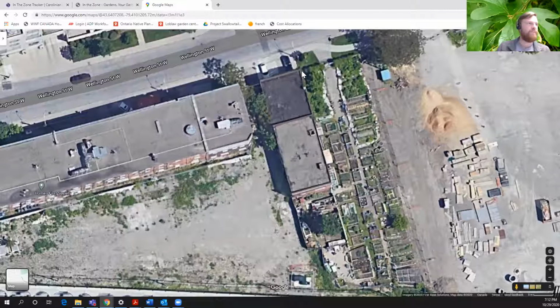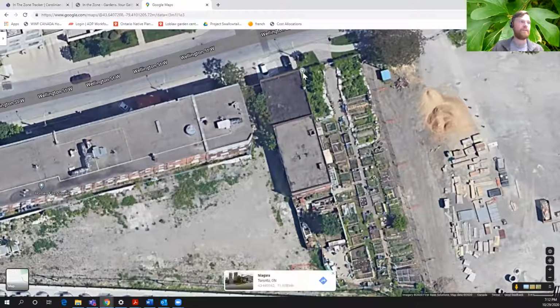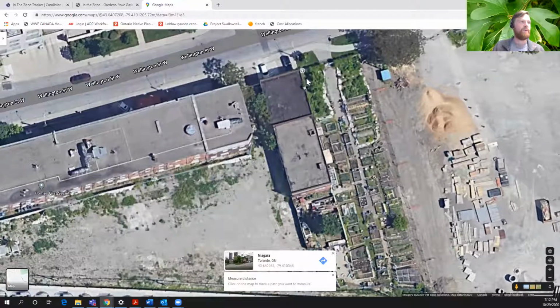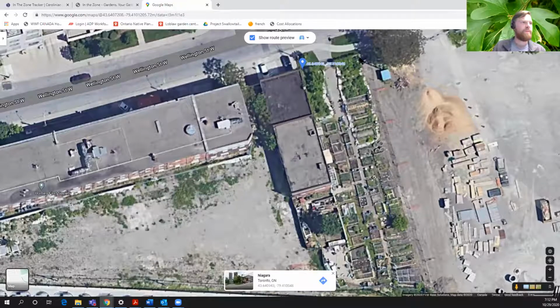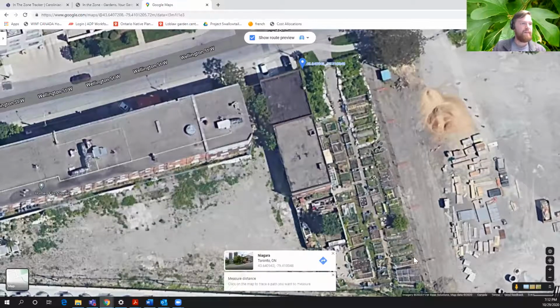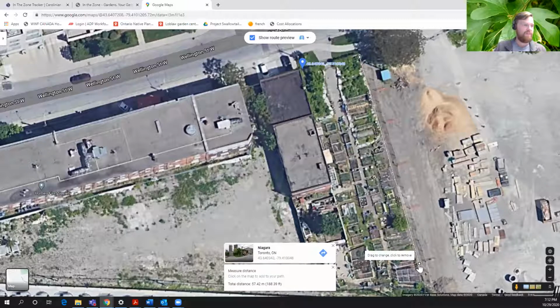But what you really want to do is measure basically rectangles. So for the whole property, I would measure from one corner to another corner. And then I would measure the perpendicular distance, and multiply those together. You folks remember how to do geometry, I presume. So, just meters times meters gives you meters squared.